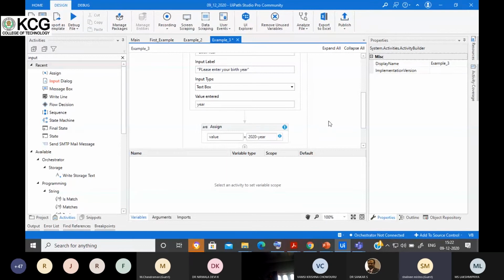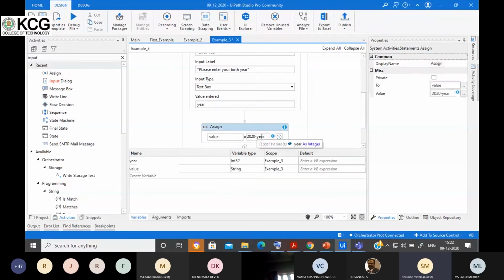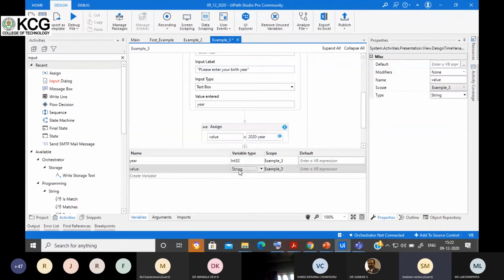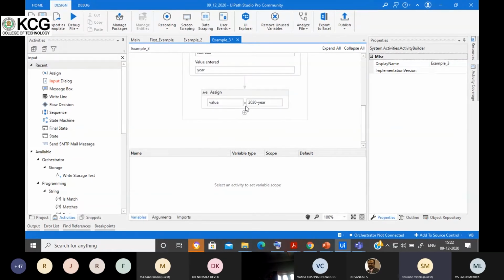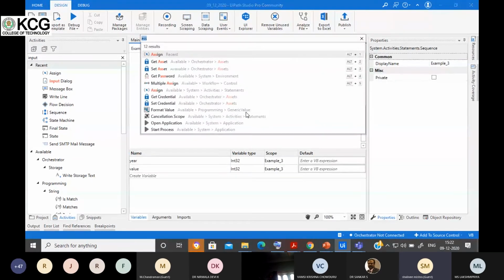Okay, so I'm getting an error here because the value variable which I created is of the string type. So I need to convert this to the integer type. Now the error gets removed.